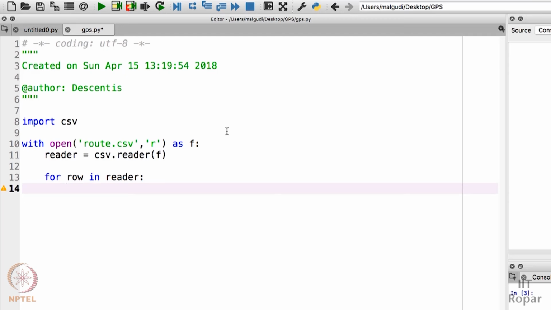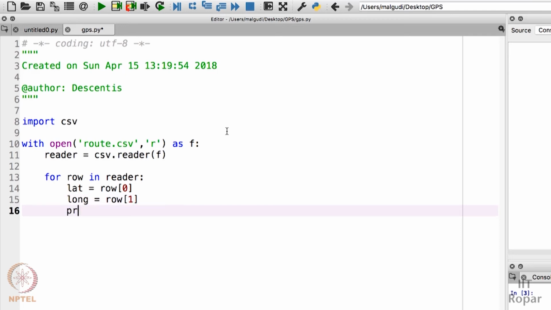So let me print this. I will store the first value: lat is equal to row of 0, because the 0th element of this list contains the first value, and long is equal to row of 1, because the first element contains the second value, that is the longitude.